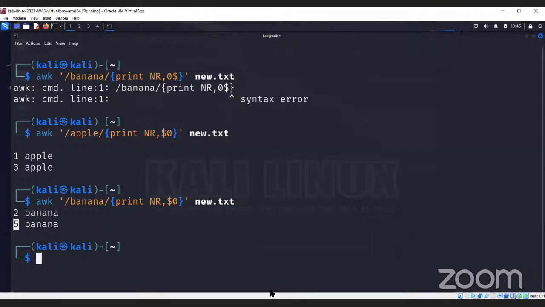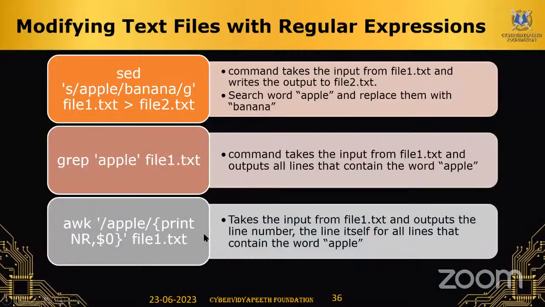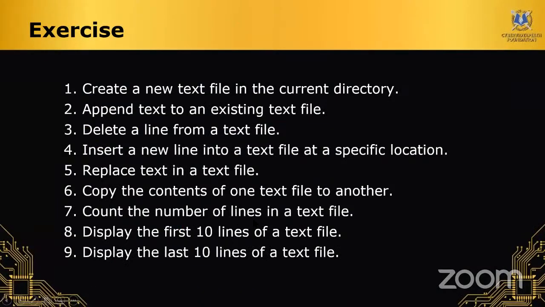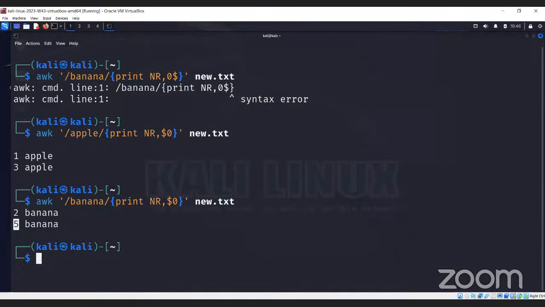Moving ahead, let's try some exercises on this topic so that we can understand more about them. First question is: create a new txt file in Linux. This is very simple. We can use touch